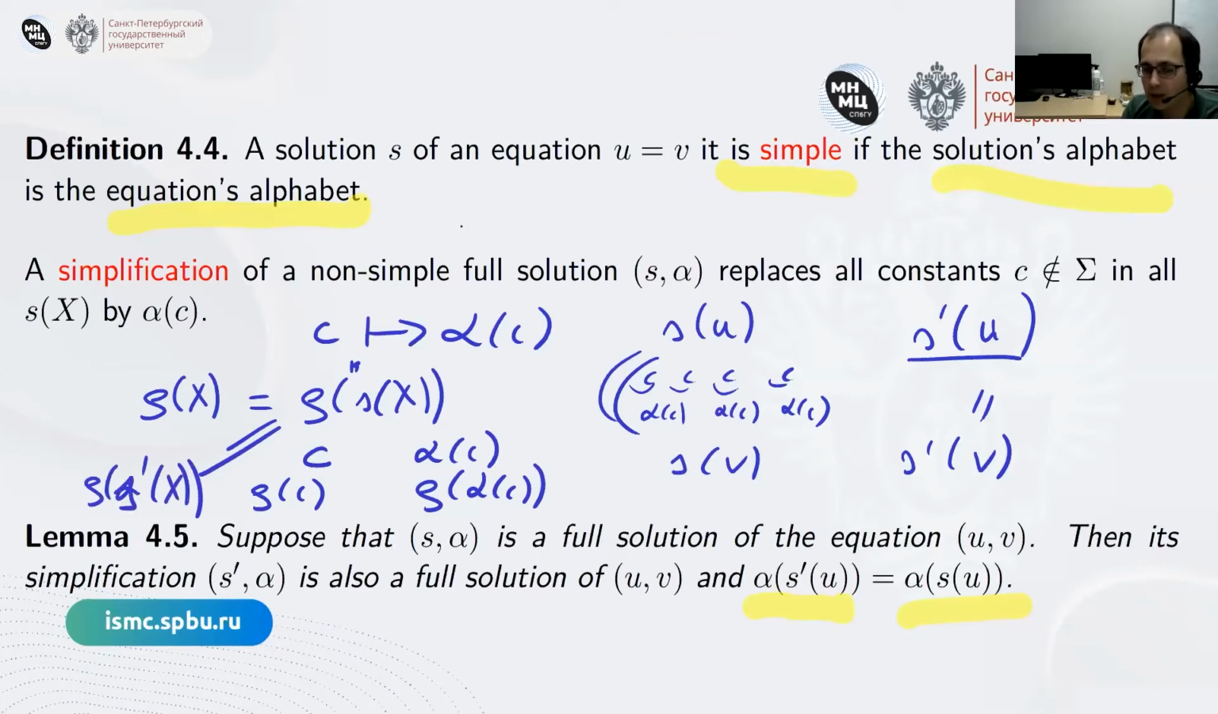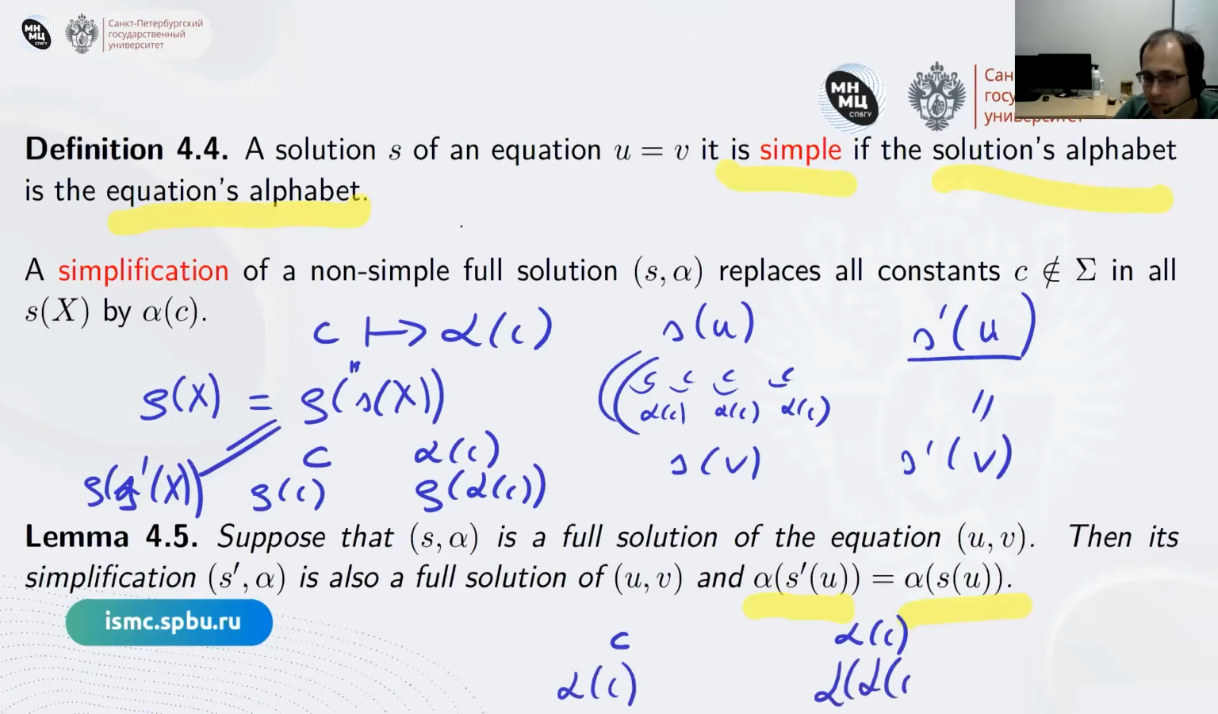So again, all the constraints are satisfied. And the last condition is that this alpha does not change between the previous and the current equation. So it can only differ on this letter C. Originally in the equation, we had some letter C. Now we have alpha of C. So when we apply alpha to both of those equations, here we get alpha of C, and here we get